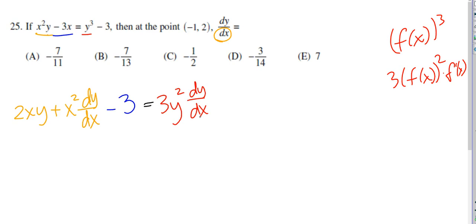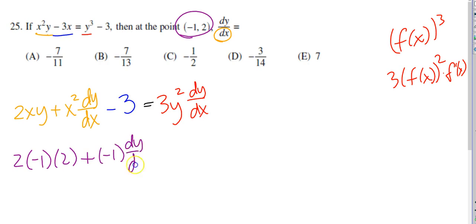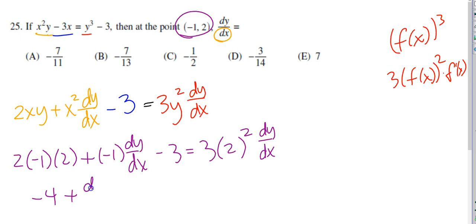Okay, now, don't go all algebraically fancy on me. Immediately from this point, plug in the point, okay? So I've got 2 times negative 1 times 2 plus negative 1 dy/dx minus 3 equals 3 times 2 squared dy/dx. So let's see, 2 times negative 1 is negative 2, so this becomes negative 4. That becomes, I dropped a square there, that becomes plus dy/dx minus 3. And then PEMDAS here, 3 times 4, so 12